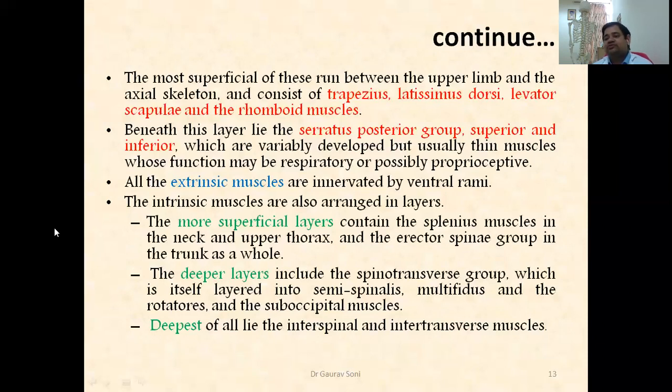First of all, when you remove the skin, you will get the fascia, that is the thoracolumbar fascia. Then you go deeper and you will get the more superficial layer, the first layer, connected with the pectoral girdle. Removal of that, you are going to get two small, thin muscles, the serratus posterior group. Then you reach the intrinsic muscles, which are contained in three compartments. Region-wise, you are going to get different muscles with different names: superficial, deeper and deepest. This is the total series we have to study in this lecture.